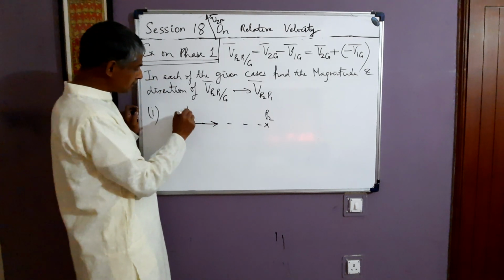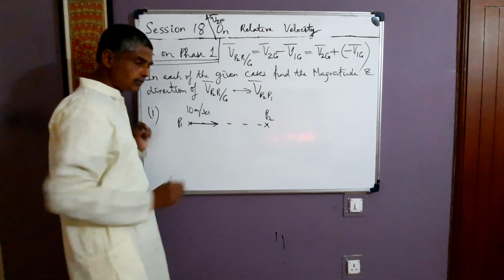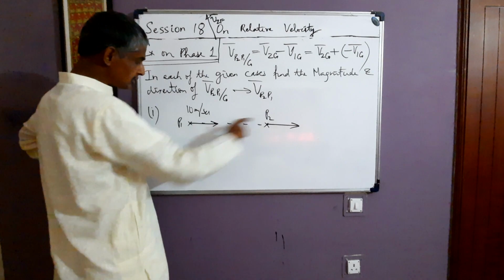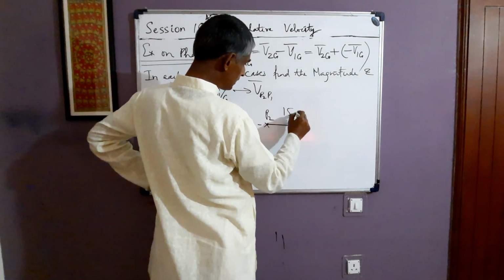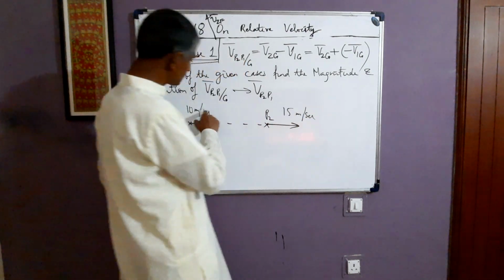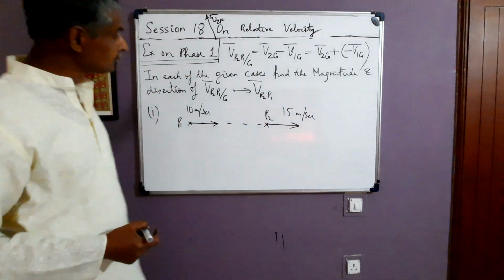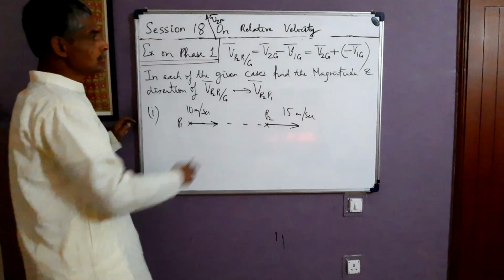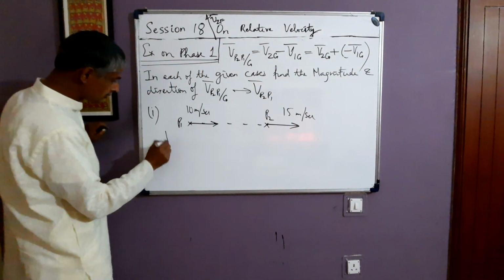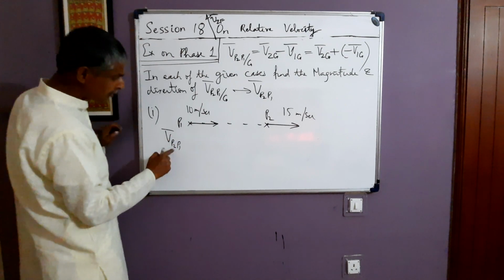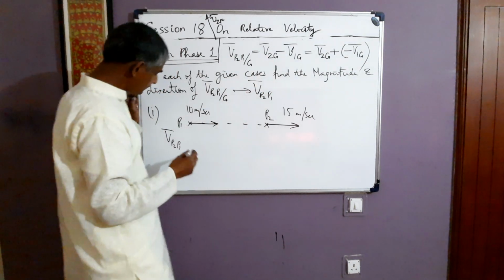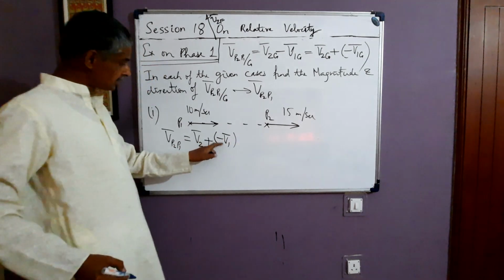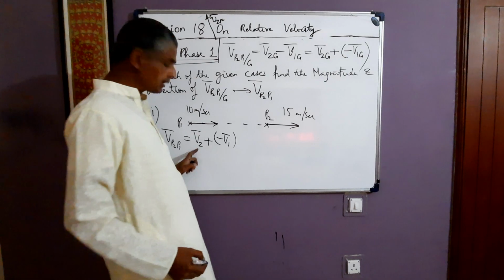Velocity of P1 with respect to ground is say 10 meter per second. Okay. And velocity of P2 with respect to ground at that same instant is also in the same direction as this, but it has a magnitude of say 15 meter per second. Both velocities are with respect to ground. Now we have to tell what is the velocity of P2 with respect to P1 in ground frame. Relative velocity. So this theory will be applied here. So Vp2P1, I am not writing G here, is just equal to V2 minus V1, the vector sum of V2 and the reverse of V1.